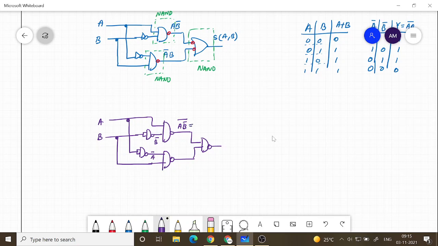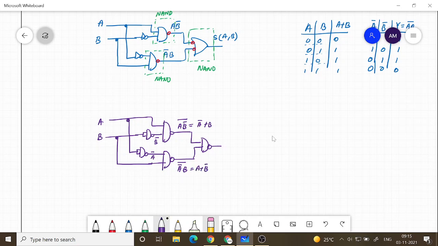So which is basically what? A bar plus B. And what about here? You will get here A bar into B the whole bar, which is A plus B bar.